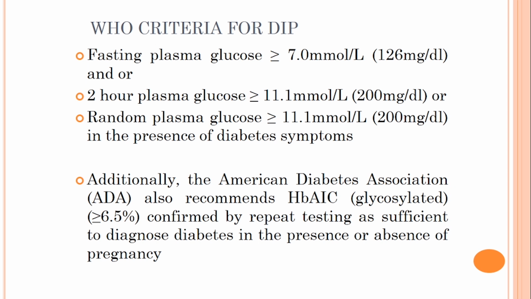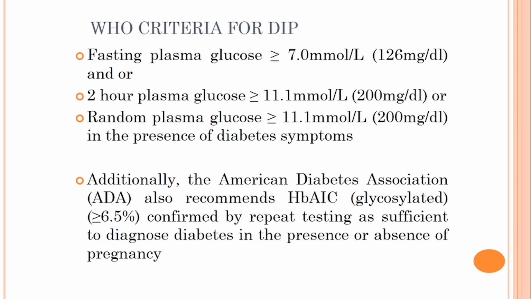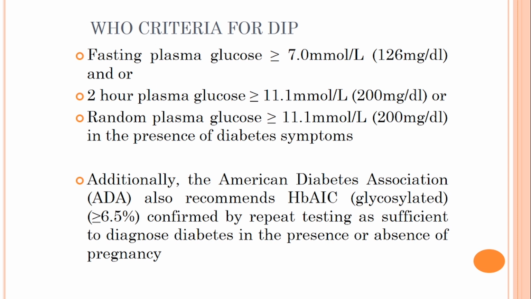And this can be detected at any time as long as all these criteria, all these values, are met. Then you are comfortable to make the diagnosis of diabetes in pregnancy. And all you need to make the diagnosis is just one of these values: either fasting plasma glucose, or 2 hours plasma glucose, or random plasma glucose in the presence of